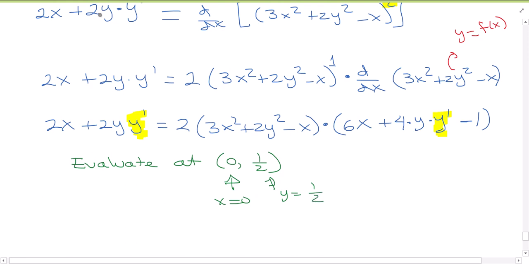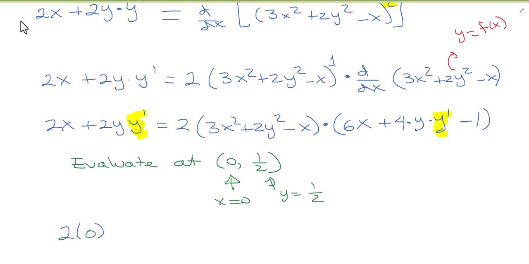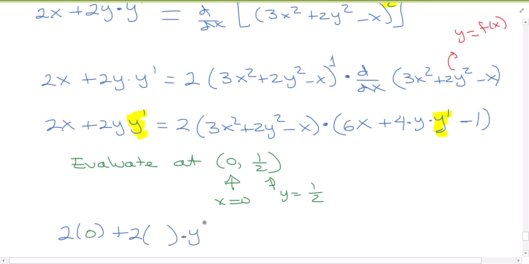So let's plug everything in. So I'm going to have 2 times 0 plus 2y times y prime. And our y is 1/2, and so on, right? So then we're going to go equals 2 times the quantity, and then plug in our zeros and our